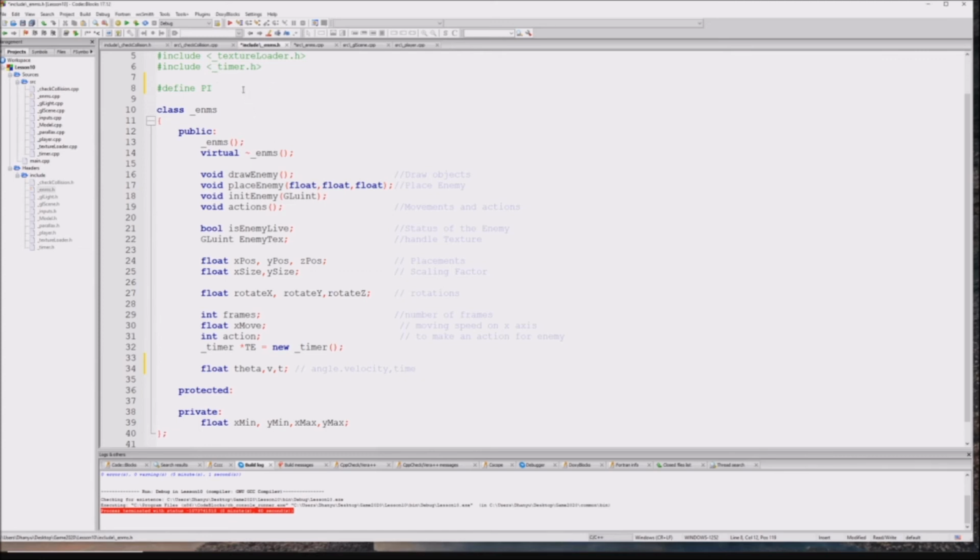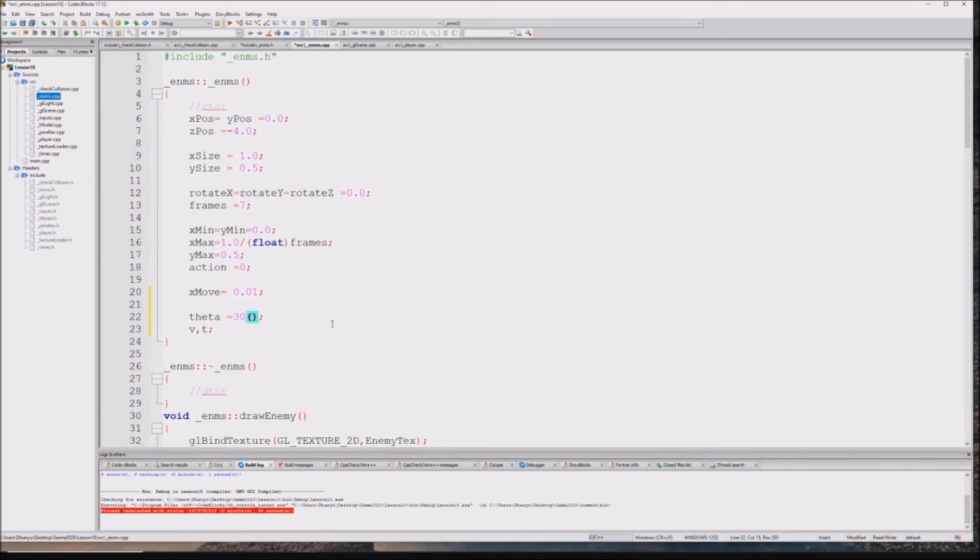So it is 3.14159, that's enough. So that is pi, and then we're going to apply that here. So pi divided by 180 is my radian value of that theta, right? Yes. And then the velocity,